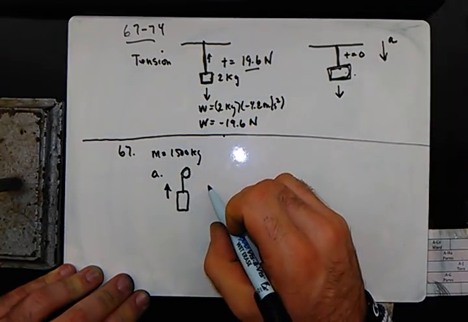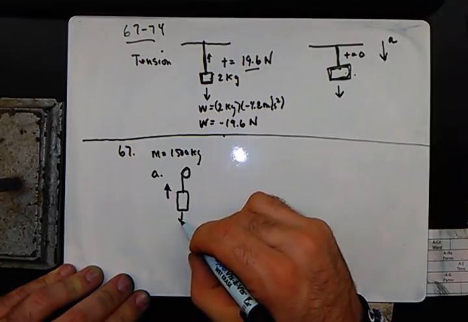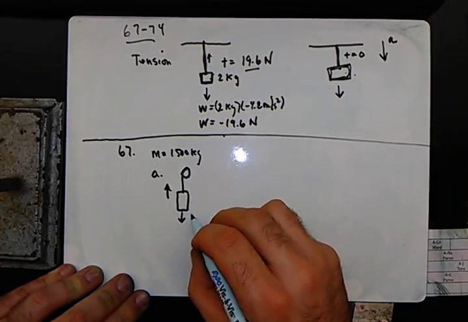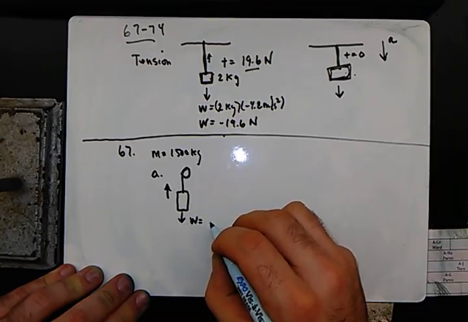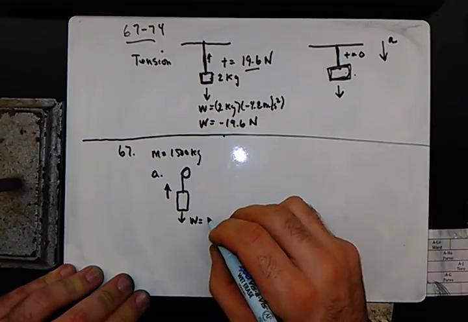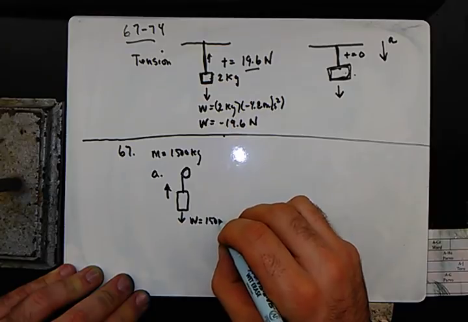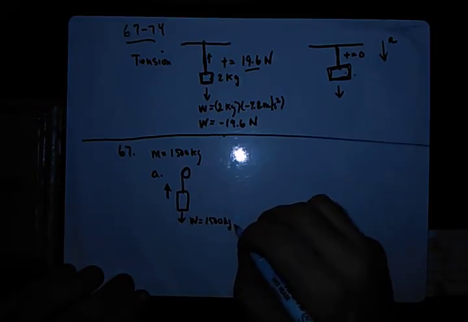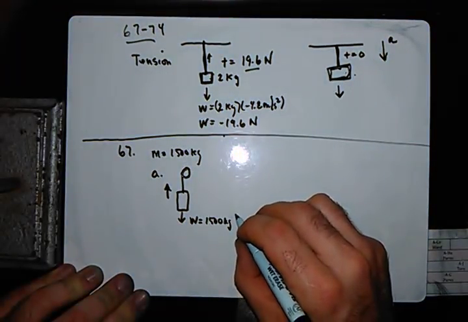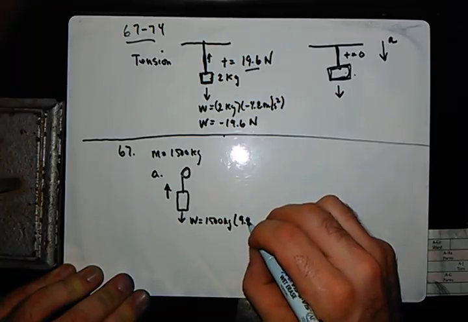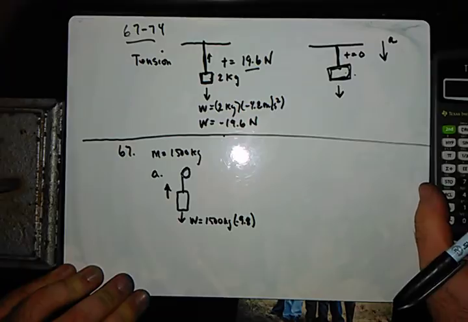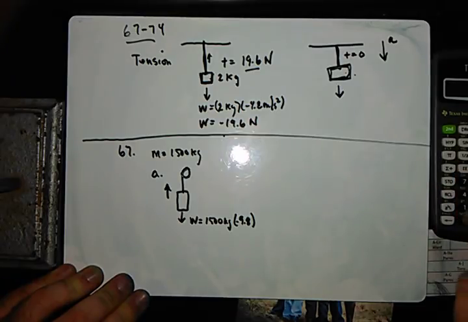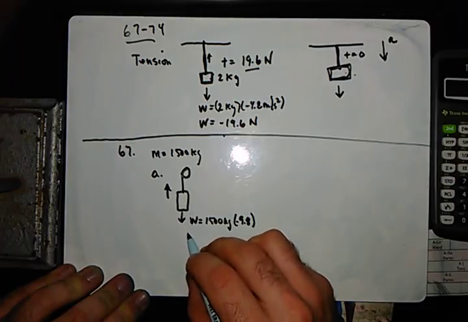In this case, the weight is equivalent to the mass times gravity. So if we figure out what the mass times the gravity is, the weight is